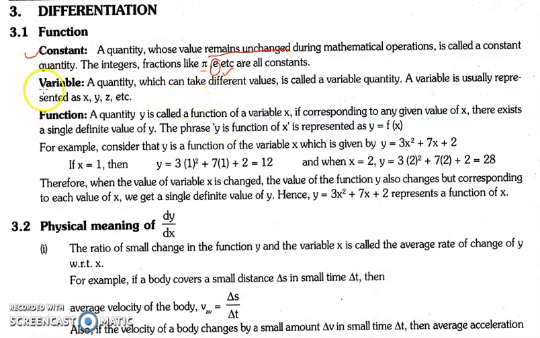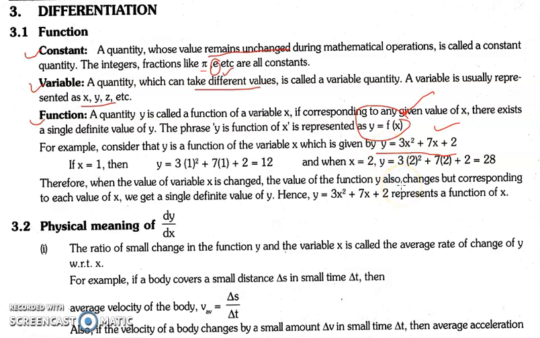So next part is the variable. Variable means a quantity which takes different values. This we already know, that there are a few variables which we represent in terms of x, y and z. Now what is a function? Function is in terms of two variables. For example, if y is a function of x, it means x will be an independent variable and y will be a dependent variable. It means the function y is getting dependent upon x. For example, this is the function. We'll simply put the values for x and we can calculate the values for y. That is why we say that x is an independent variable in this case and y is a dependent variable.